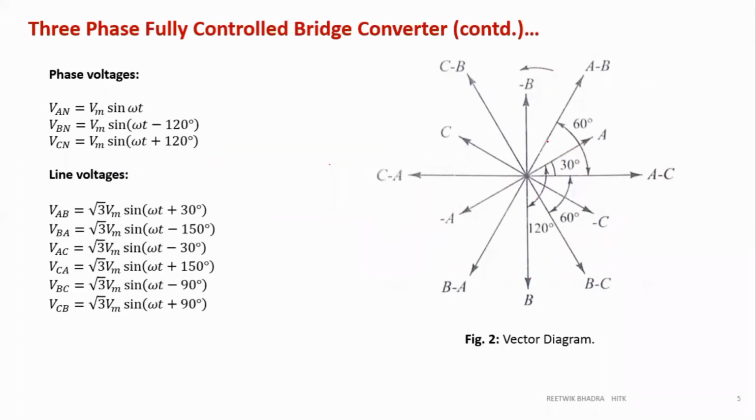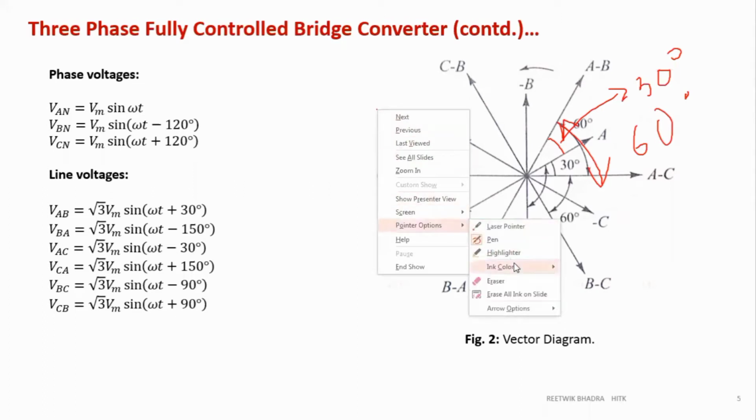So each degree will be 30 degree. 360 divided by 12. So this small degree from phase to line is 30 degree. You know this already. What is the phase difference between line and phase voltage? This I have told you in transformer also. This we had done in first year also. So between any phase and line, the phase difference is 30 degree. So between two lines, between AB and AC, what is the phase difference? 60 degree.